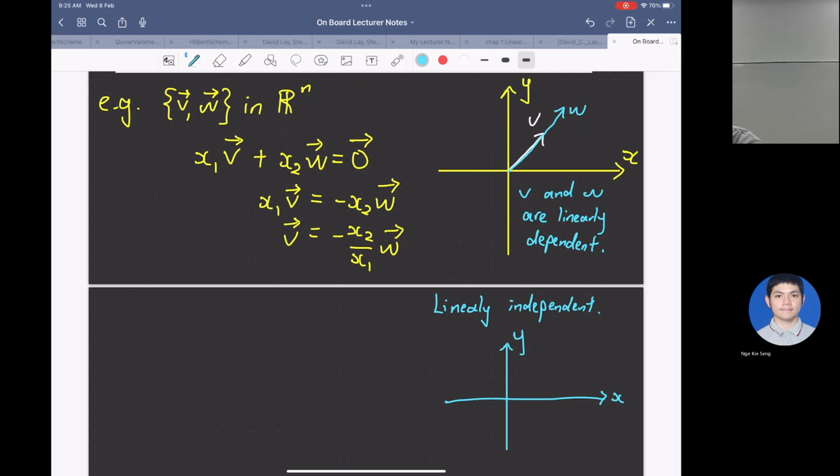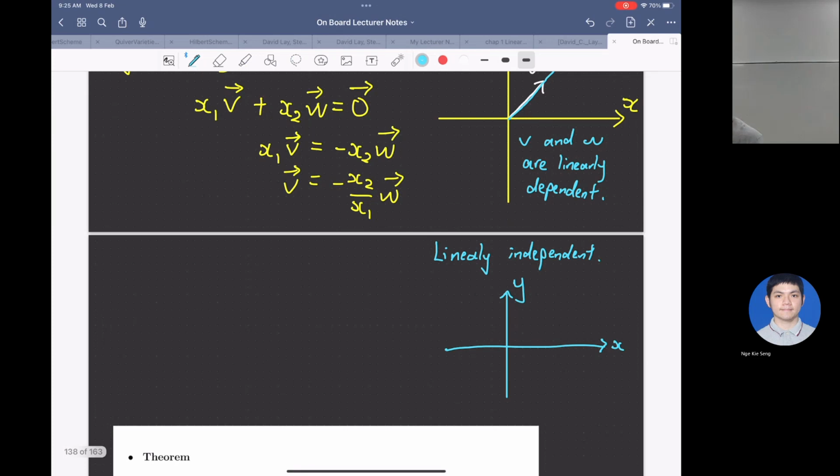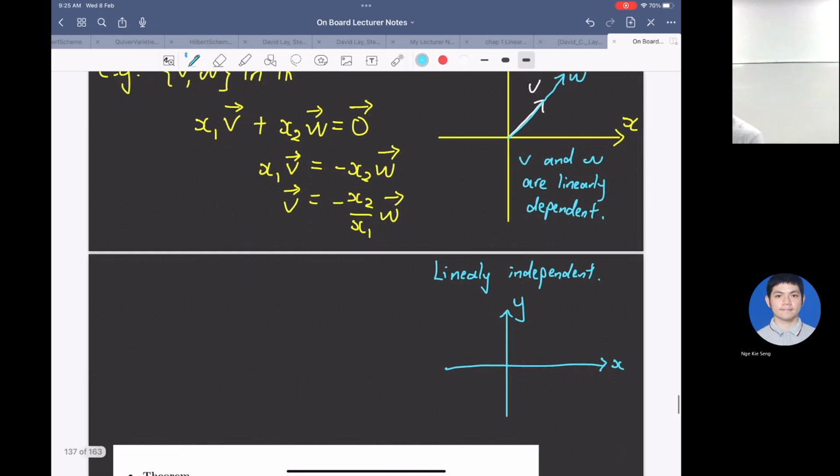Not only can every vector be written by these two vectors, they are the span, they are also linearly independent. What does it mean? That means if two linearly independent vectors are put together, I cannot obtain one from the other. Let me write it out. So 1, 0 and 0, 1 are linearly independent,